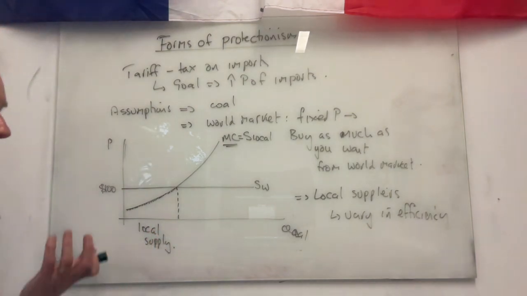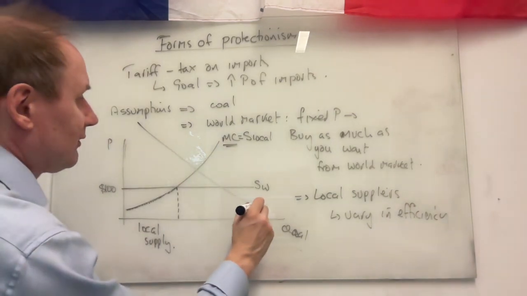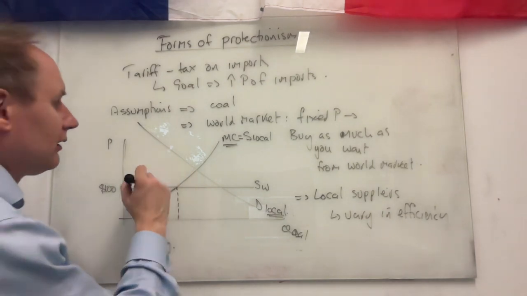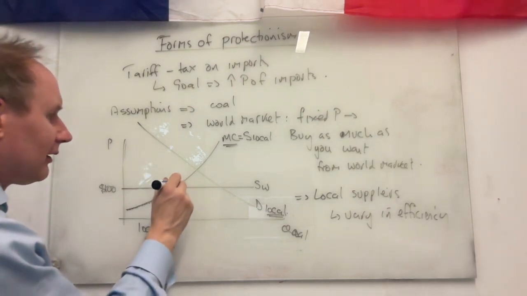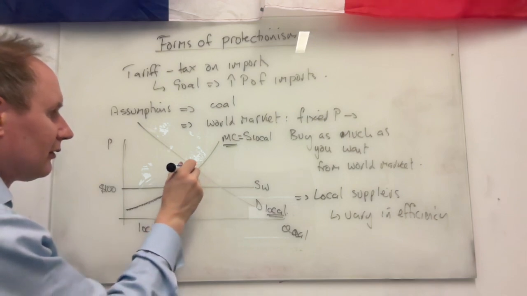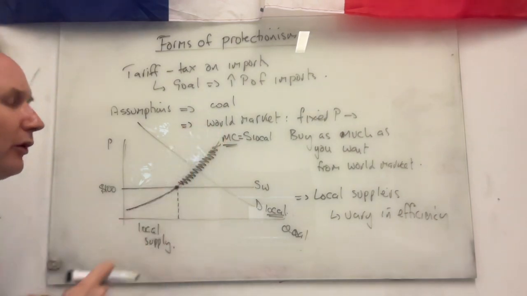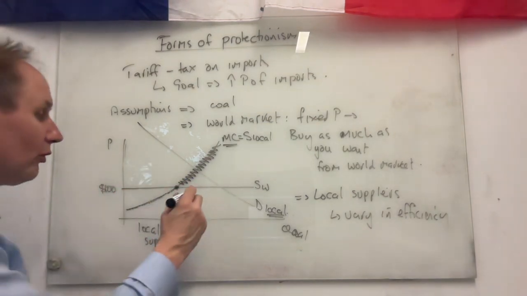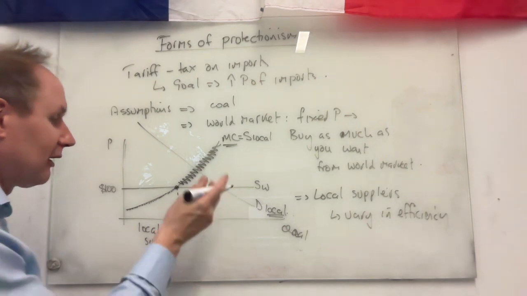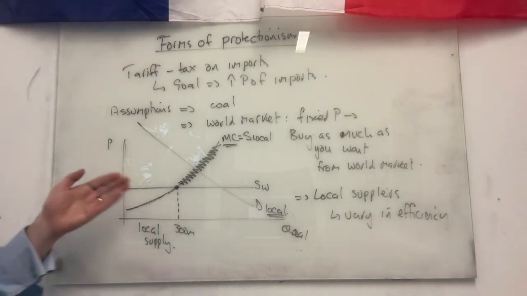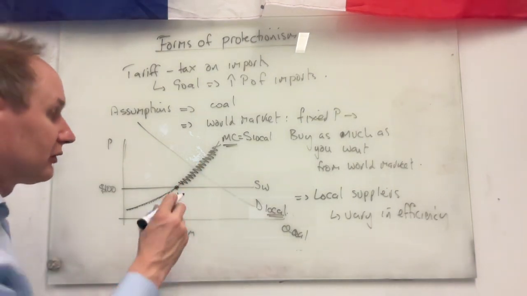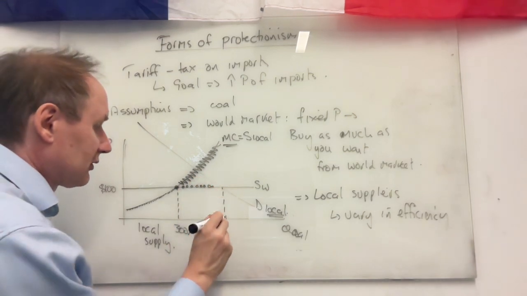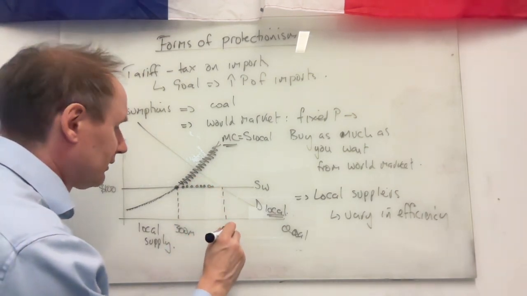We've then got to look at the demand for coal. I'll just stick it on, doesn't really matter. There's the local demand for coal, and what we're saying is that beyond this point here, I'm not going to buy from local coal mines. There's no point. Their costs are far too high relative to the world price. So I bought 300 million tons from local miners. After that point, I'm not going to buy from them anymore. I'll just bring the remainder of my coal in from the world market. And let's call that, say, 500 million tons.